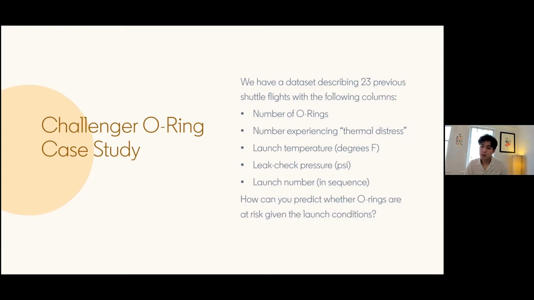Well, this is a column that might be constant or it might change from one launch to another, right? For example, if the architecture of the space shuttle isn't changing from one launch to the next, then presumably the number of O-rings is staying the same across all the different launches. In that case, we have a constant column and we can probably just discard it as a feature, right? It provides no predictive value for our task at hand, right? On the other hand, if it was changing, then we might need to rethink how we approach this problem, right?